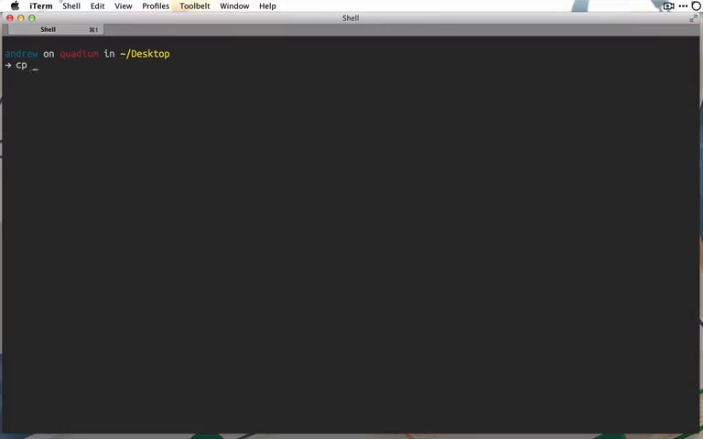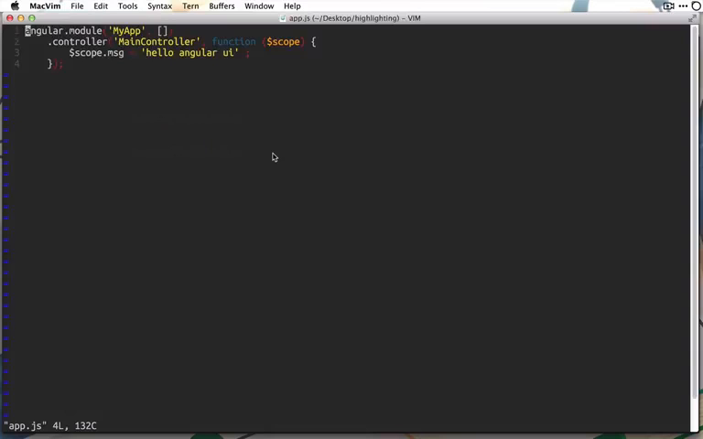By copying our template, we'll do cp -r template, and we'll call this highlighting. So we'll cd into highlighting. And now let's go ahead and open up our app.js. The first thing we're going to do in here is add the highlight module as a dependency of our own module. So we can do